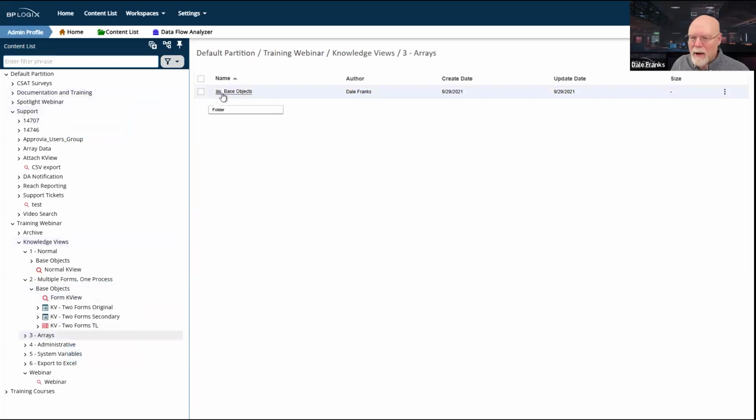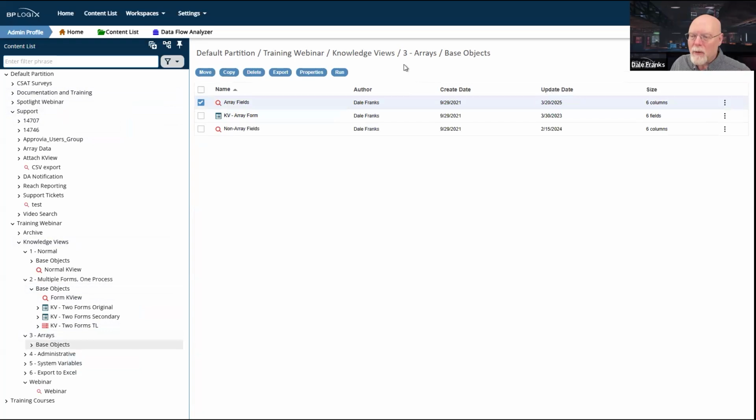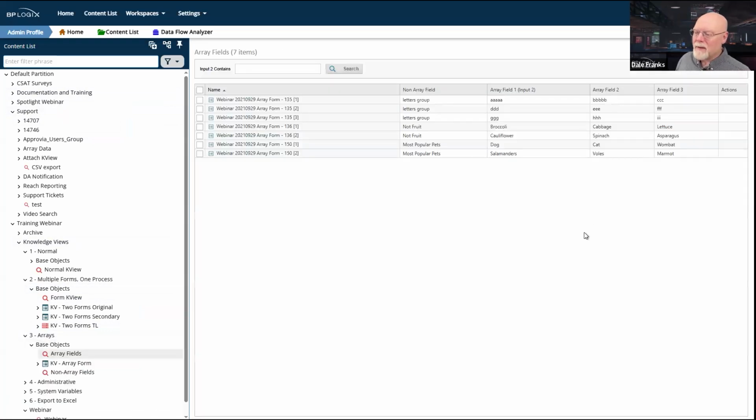Now let's talk about arrays. Arrays are a little wonky. So let me run my array fields knowledge view. Note that for each of these form instances, so here is form 135, it has in square brackets index numbers 1, 2, and 3. That means that I have an array with 3 rows.